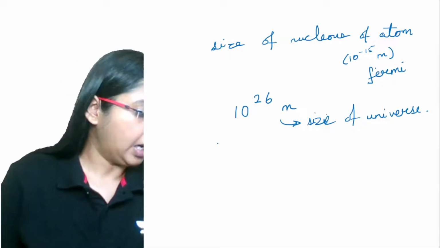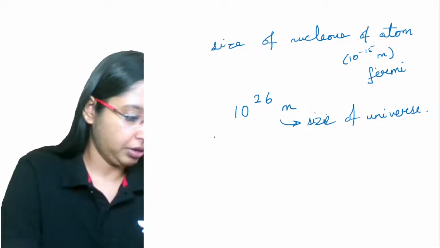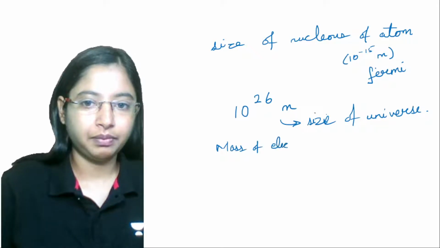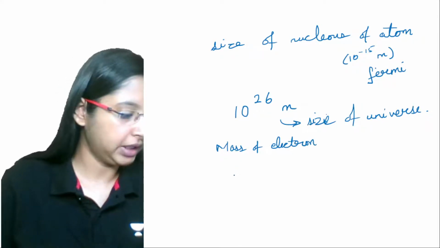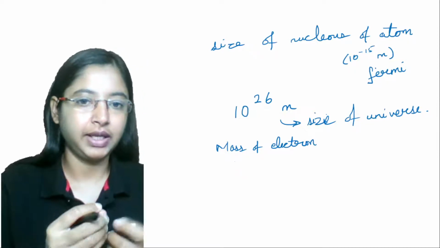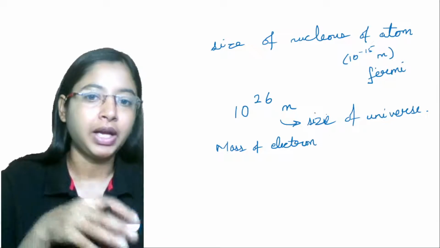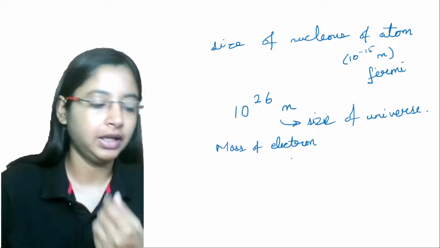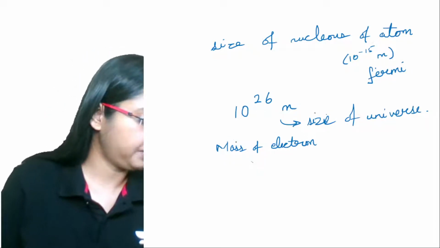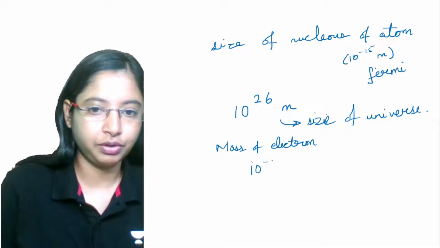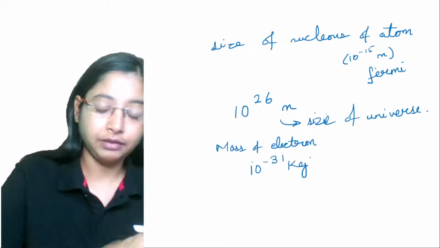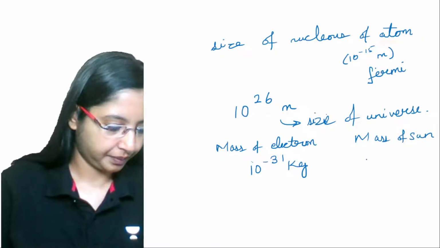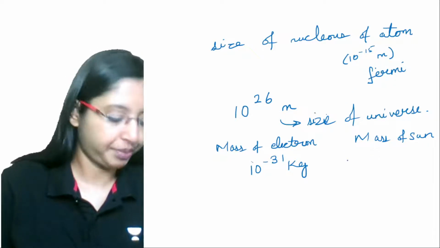Now, we also know the mass of an electron. The mass of an electron is so small. An electron is an elementary particle. These elementary particles form an atom, and from atoms you have molecules, and then you have matter. So this forms a fundamental block, an extreme elementary particle. The mass of the electron is around 10 to the power of minus 31 kg. We also know the mass of the sun. 1 Fermi is equal to 10 to the power of minus 15 meters.